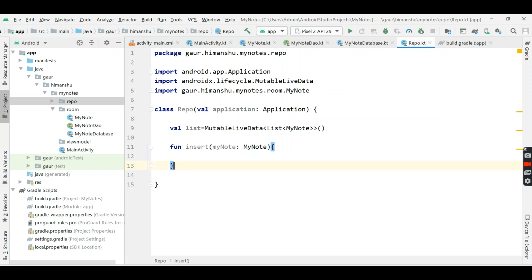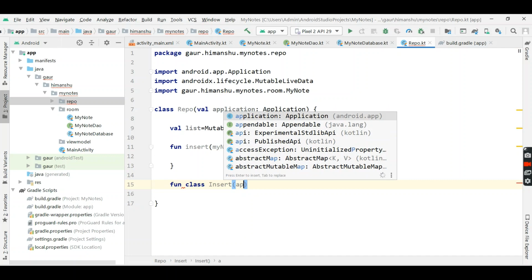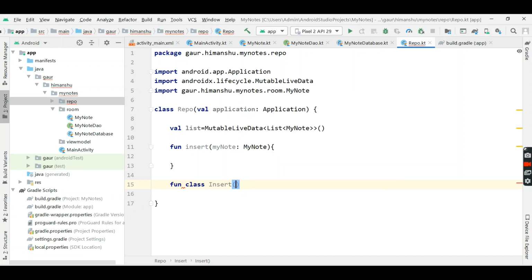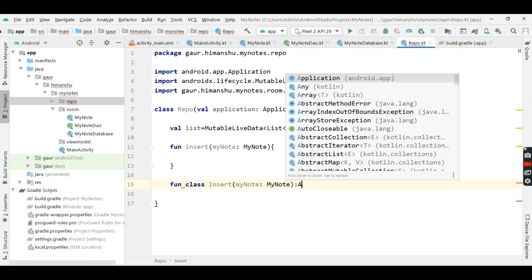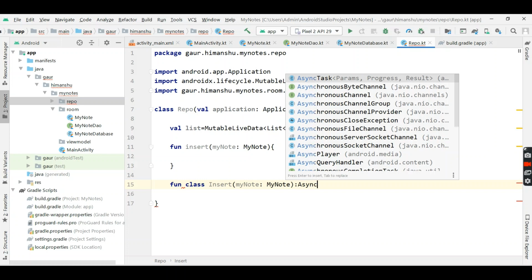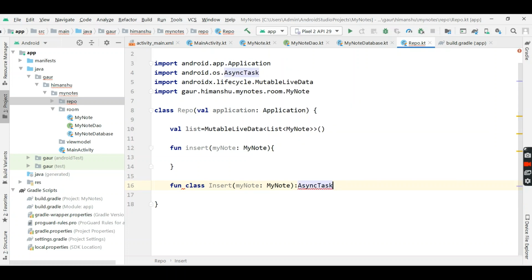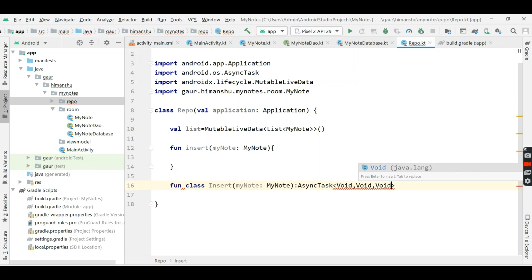So for this we will create some AsyncTask. So fun class and it is Insert, which will take MyNote, you can see here, and extend AsyncTask. This is Void, this is also Void, this is Void.